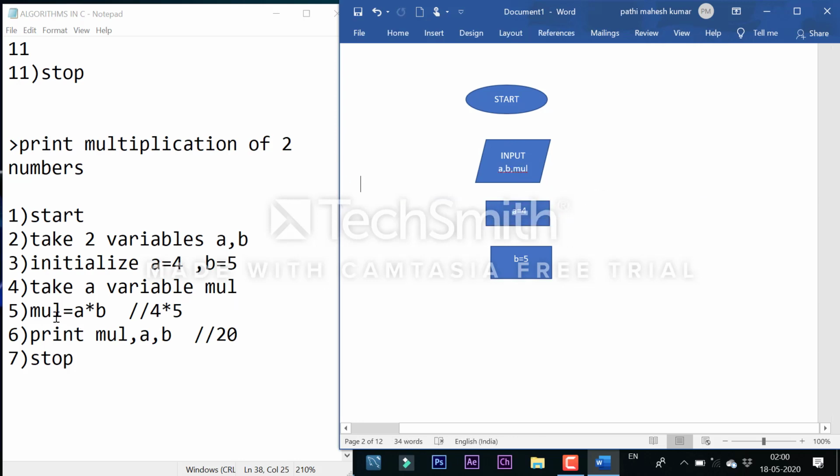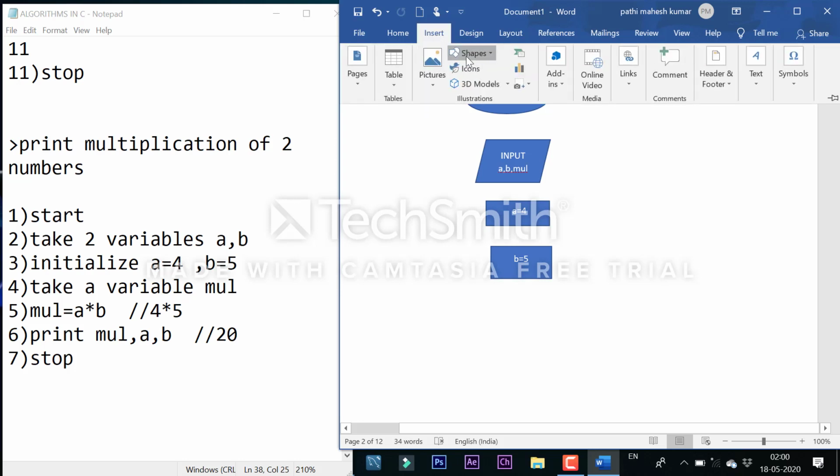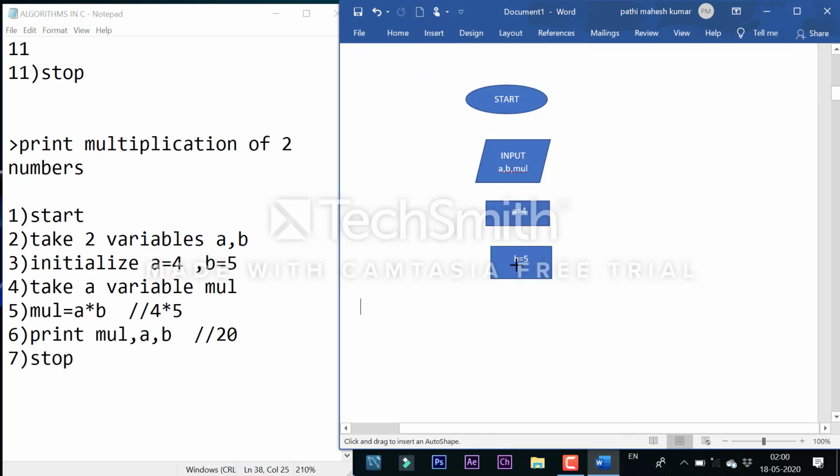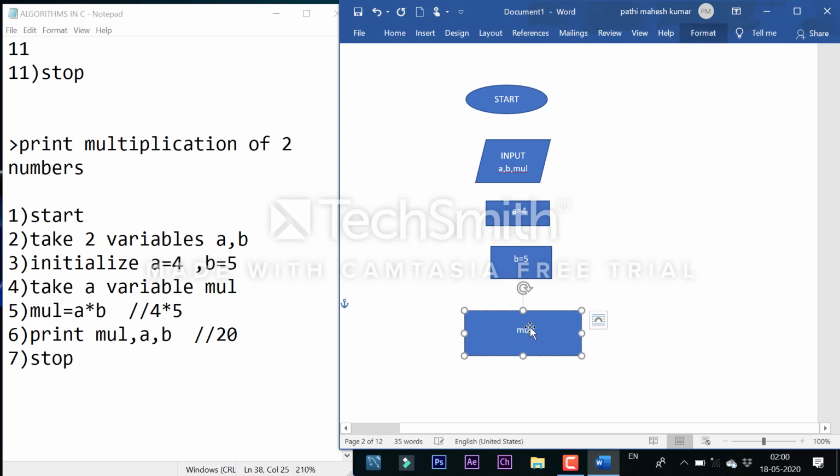After that I am initializing A into B. So I am taking another rectangular box. Here I want to initialize mul equal to A into B.